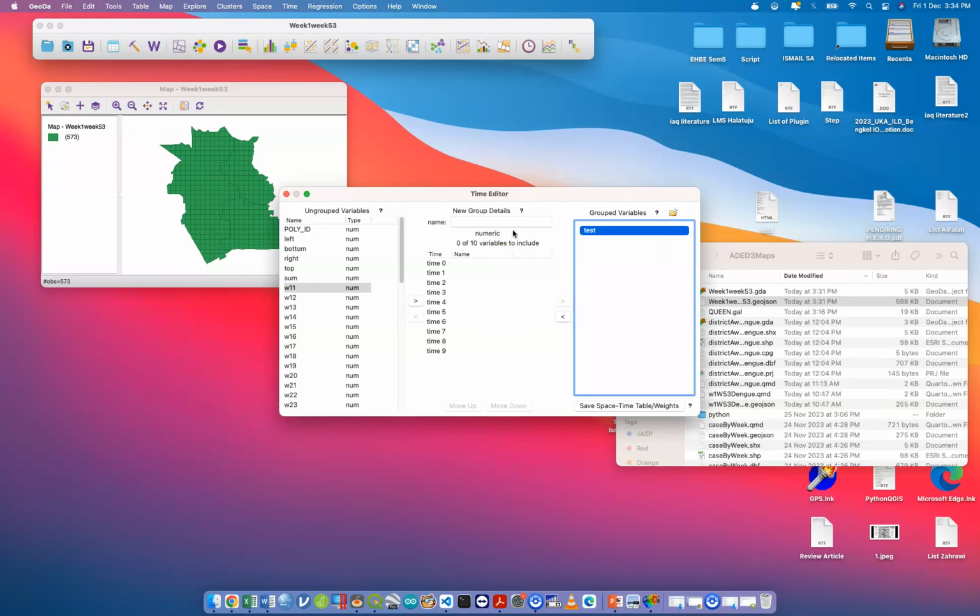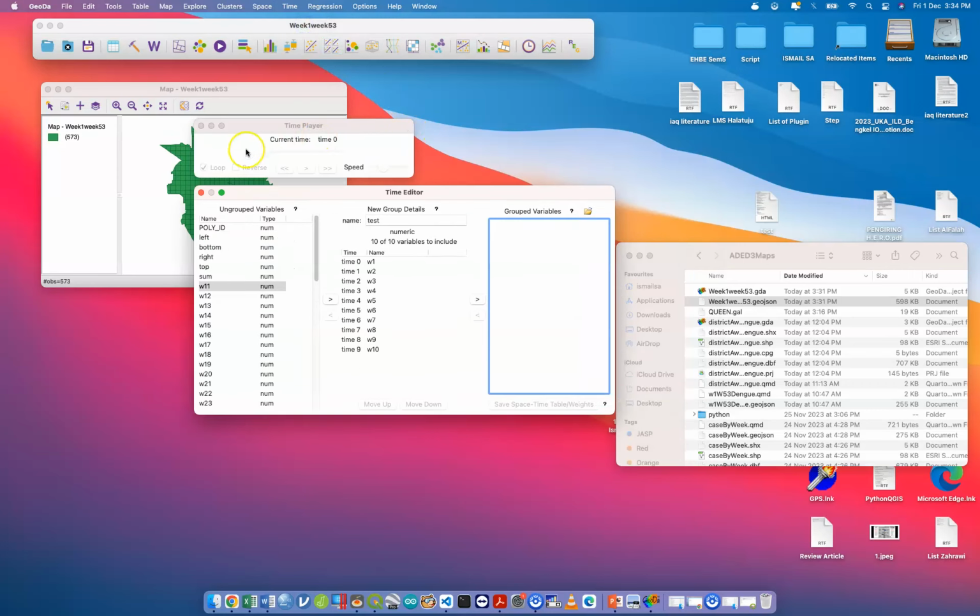So last kali nanti you akan ada lagi satu dipanggil sebagai time player. So you have the time player over here. You can loop it and then you can play. So if you can go quality, it's quite useful. Okay. After you finish it up, then I'm going to